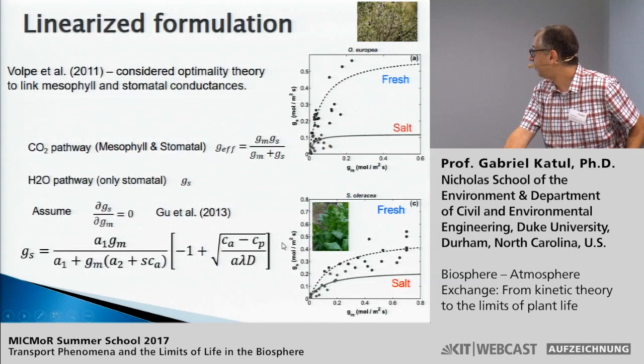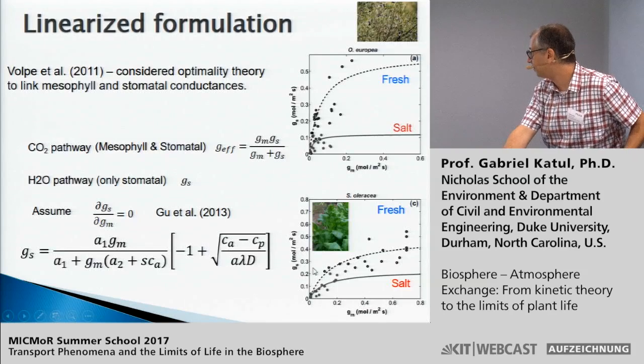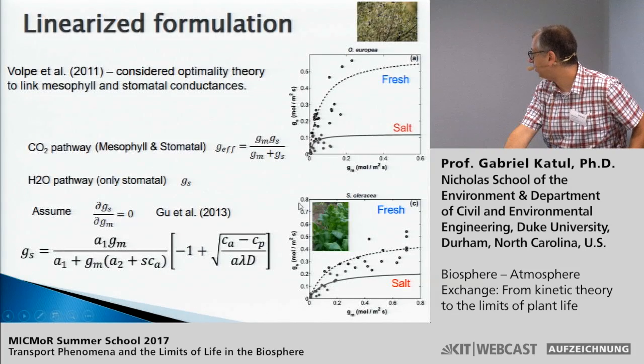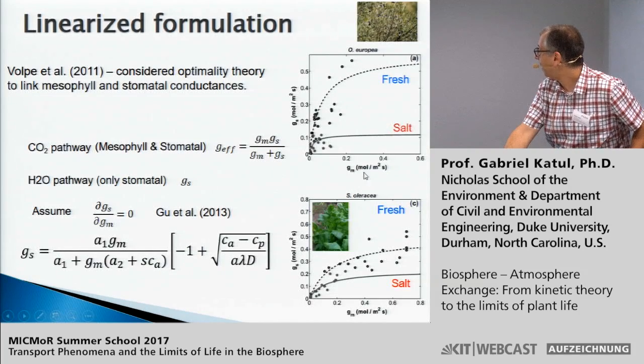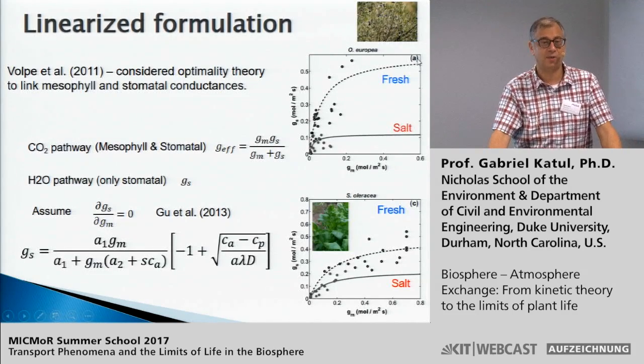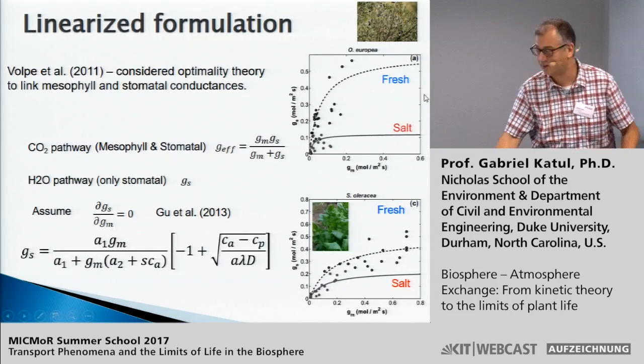And based on some measurements of cell CO2 concentrations that have their own problems, but still allow you to independently estimate the mesophyll conductance, you could plot the mesophyll conductance on one axis and the stomatal conductance on another axis, and actually see for the two species that Valeria has studied, olives and spinach, and those were selected for good reasons. One is salt tolerant, the spinach, and the olives are not very salt tolerant, okay?